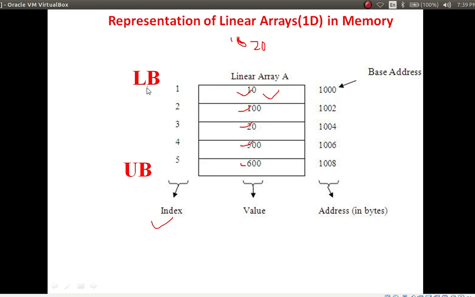So we can represent the first position as the lower bound, and the higher position as the upper bound. These are all memory addresses: 1000, 1002, 4, 6, 8. These are all in bytes. So this is called the representation of an array in memory. How to calculate the array size? Using the previous formula.